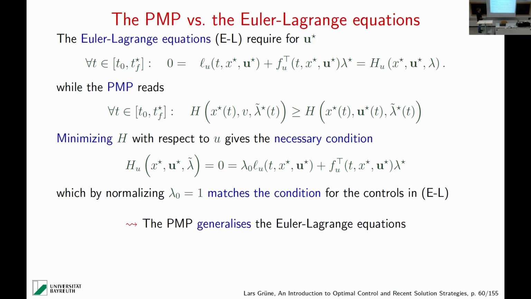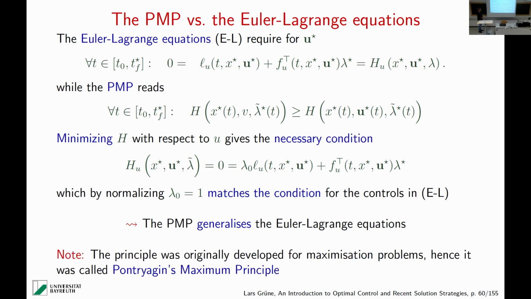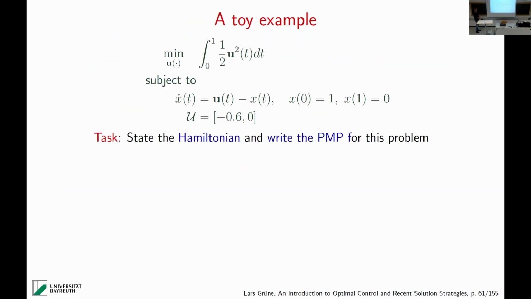So in other words, this Pontryagin minimum principle generalizes the Euler-Lagrange equations. They are contained as a special case in these equations. Okay, maybe many of you are more used to the Pontryagin maximum principle, and I think this is just due to the fact that the principle was originally developed for maximization problems. Since I'm always minimizing in my course, we get a minimum principle, but it's essentially just a change of sign that makes the difference.